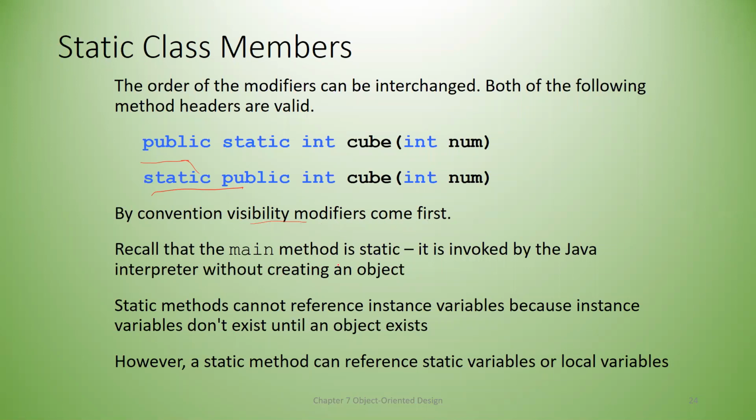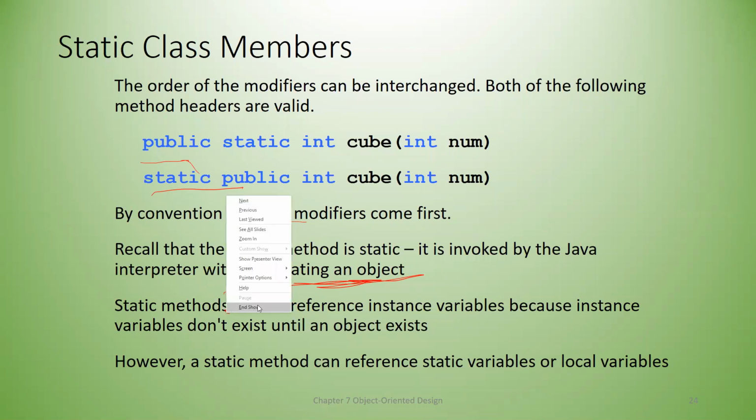Recall that the main method is static. It is invoked by the Java interpreter. Your main is a static method, right? So the Java interpreter will invoke it without creating an object. That's why it is static. Okay, static methods cannot, this is very important,